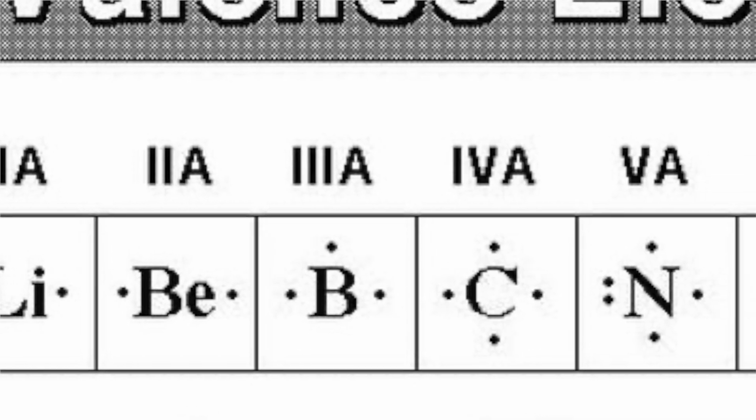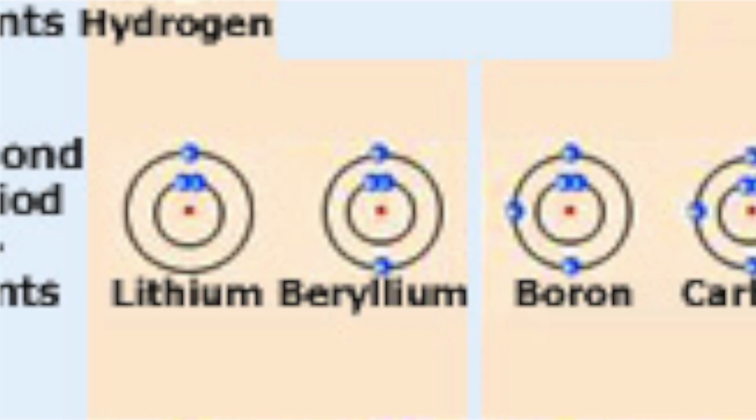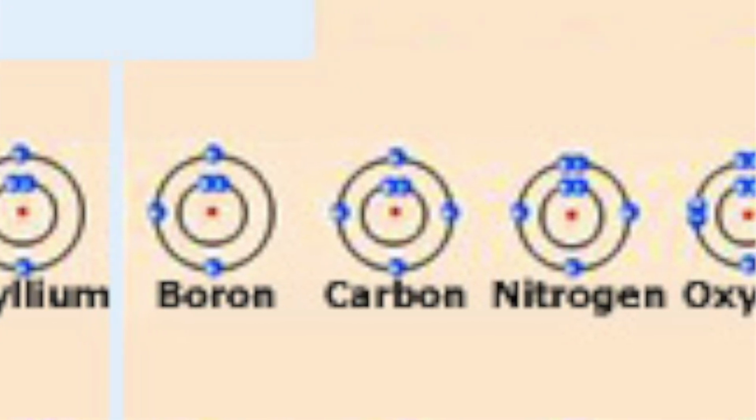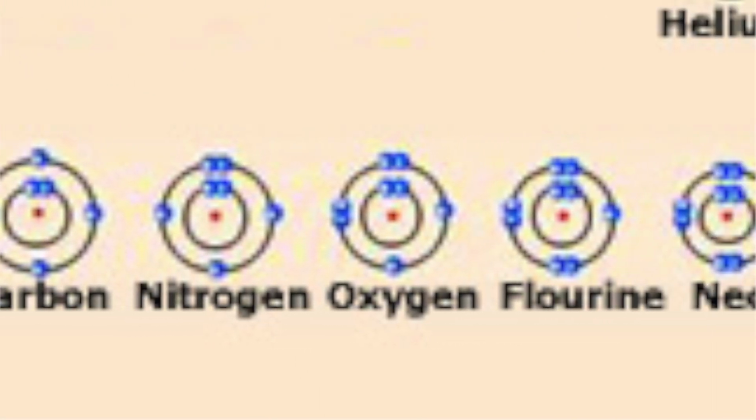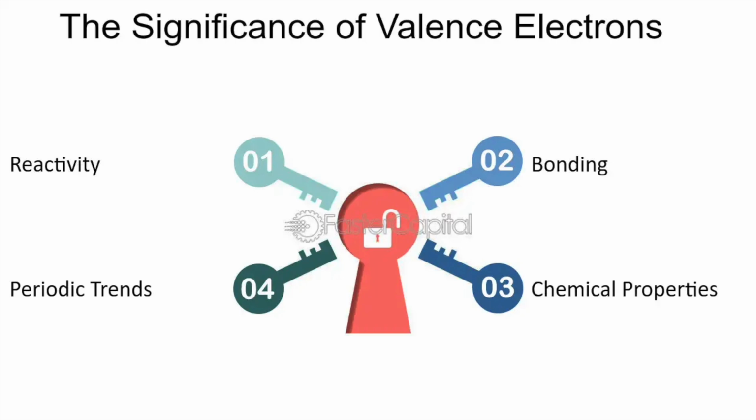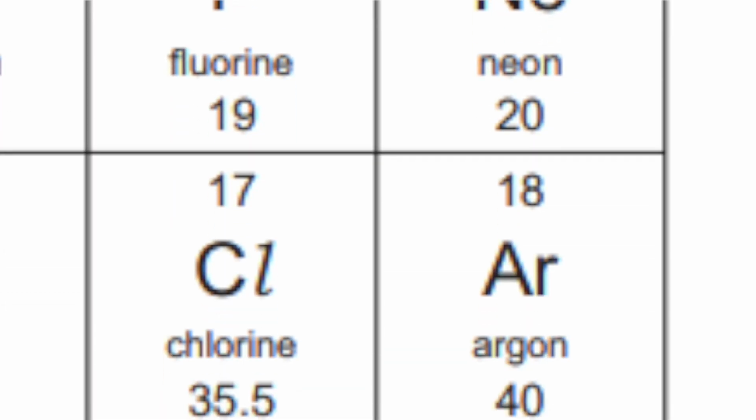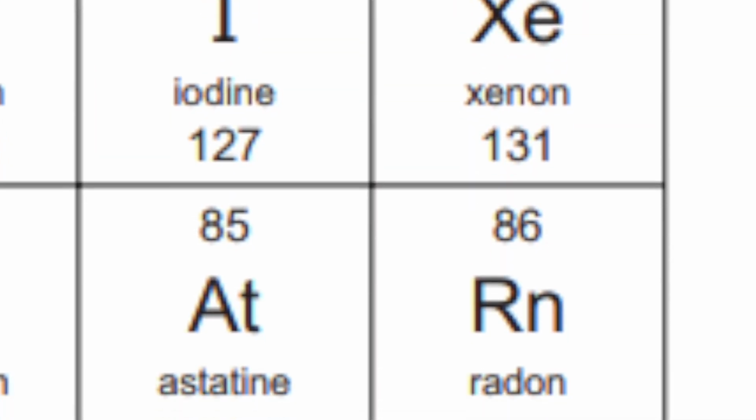Group number is equal to the number of electrons in the outer shell of the atoms of the element in that group. The period number shows the number of filled electron shells of atoms in the element belonging to that particular period. Since it is the outer shell electrons which give the element its characteristic properties, all those elements in a group will share similar chemical properties.